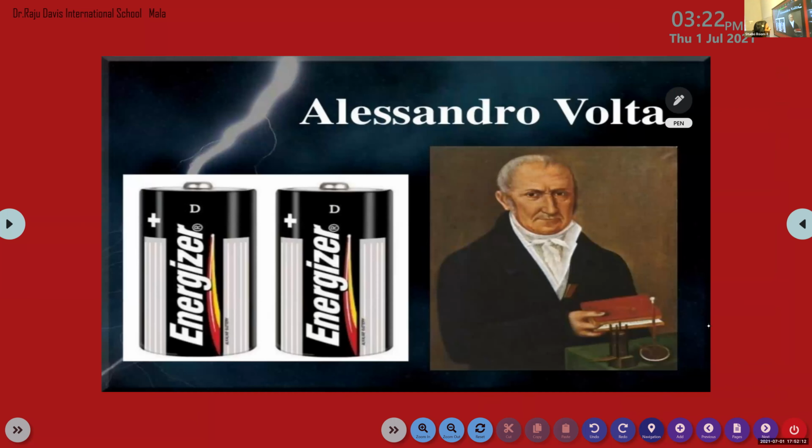I will show the image of Alessandro Volta. He is a physicist and chemist, and he made a lot of contribution to both these fields. He is most famous for the invention of the electric cell or battery. So in order to honor him, the SI unit of voltage is volt. The SI unit of voltage or potential difference is volt. It is represented by the letter V. The dimensional unit is joules per coulomb, but the SI unit of voltage or potential difference is volt.